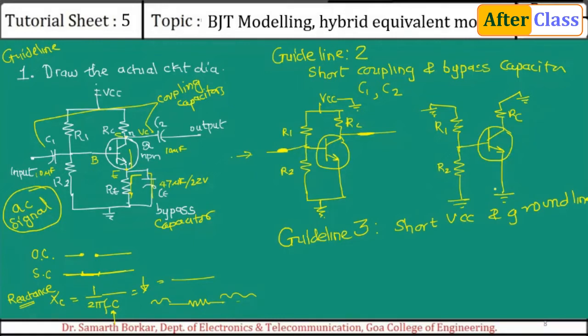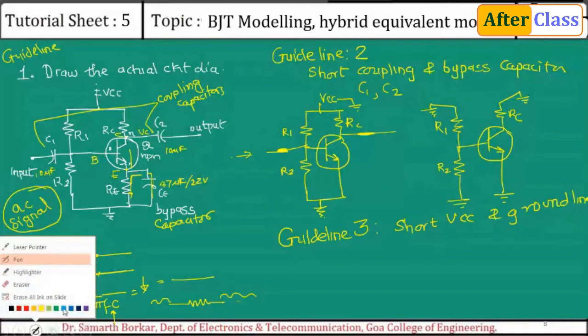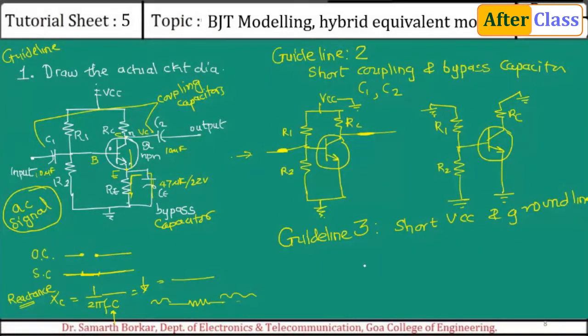Now we have to have a common ground in the circuit. Fine. We cannot have these multiple hanging grounds. That's not actually the truth, but for you all to remember, we have to have a common ground in the circuit. So let me draw the circuit again with a different color. So first the transistor is drawn. I'm encircling the transistor. Okay.